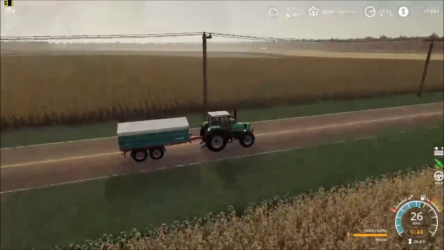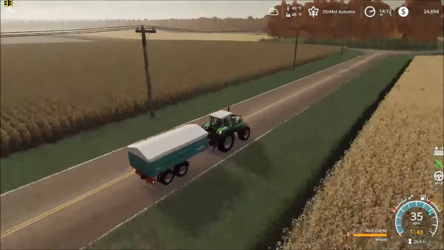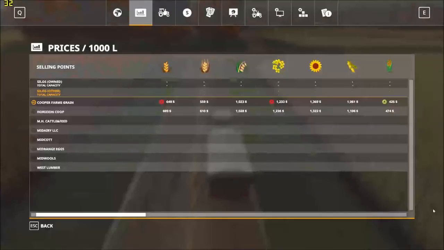The last one we were able to. But there is a square bale that was just sitting on the side of the road there. Very interesting. We're going to have to run over to the square bale sell point and sell that. I'll just add it into the crops that we are...